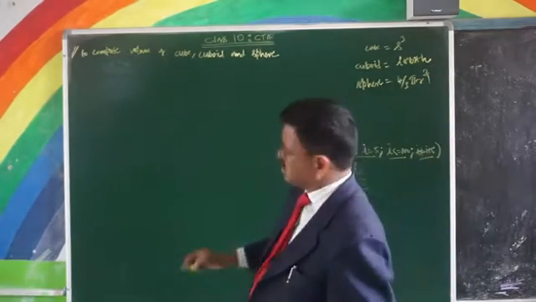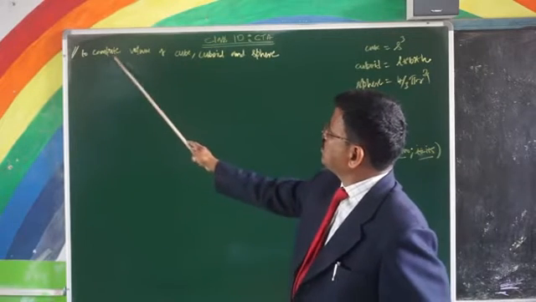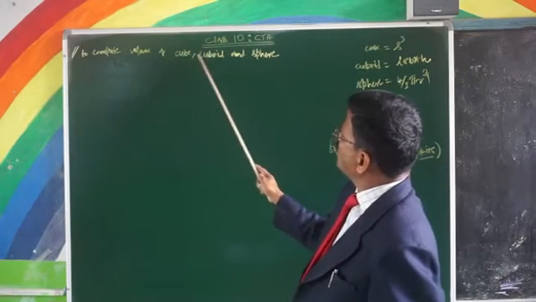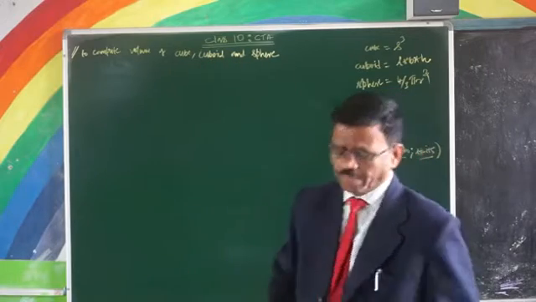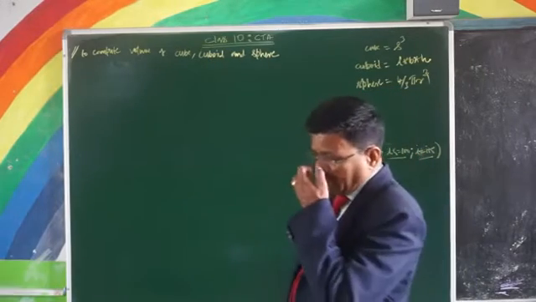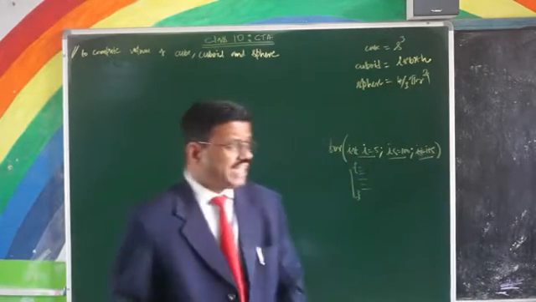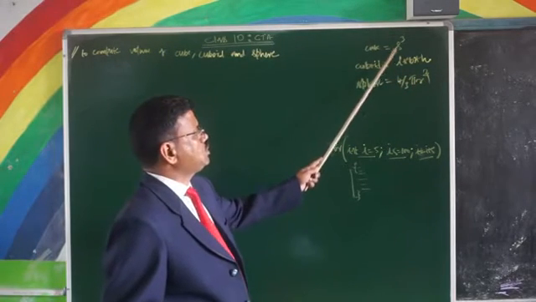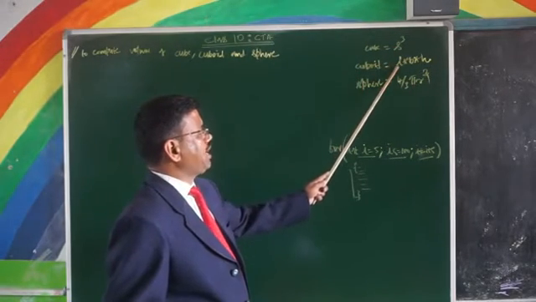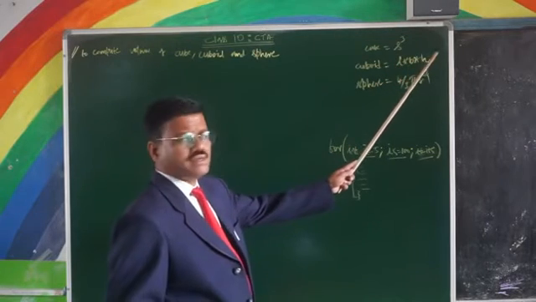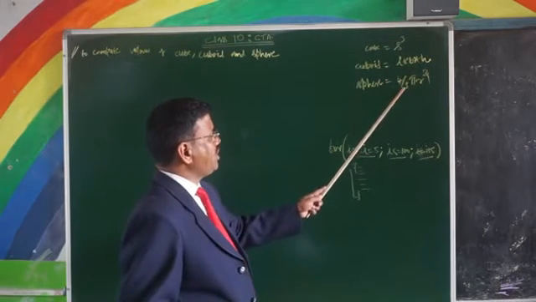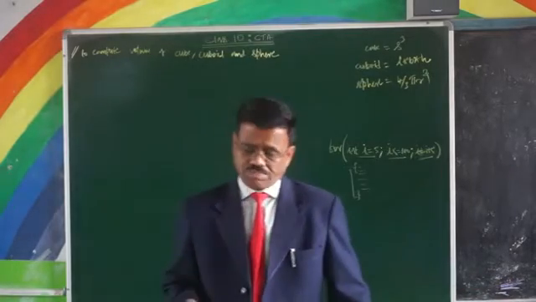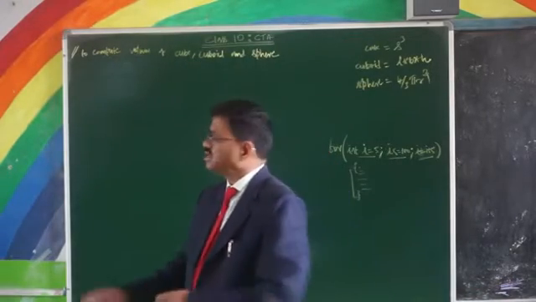What is the first program? To compute volume, V-O-L-U-M-E, volume of cube, cuboid and sphere. What do I do? To calculate cube, I must require the value of S. To calculate cuboid's volume, I require three values, length, breadth and height. To calculate the volume of a sphere, I require the radius of your sphere. So let us straight away